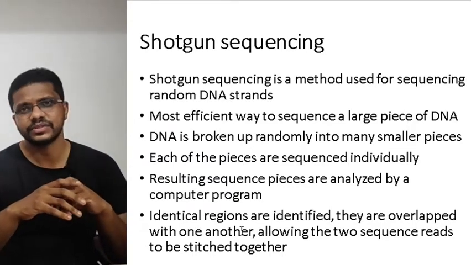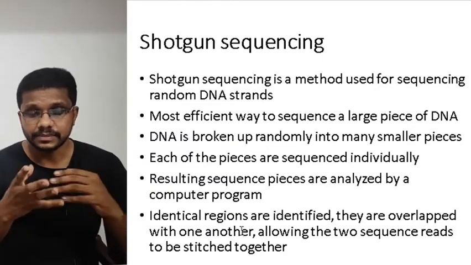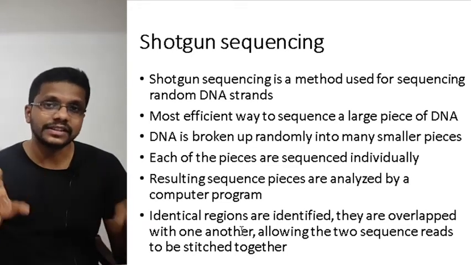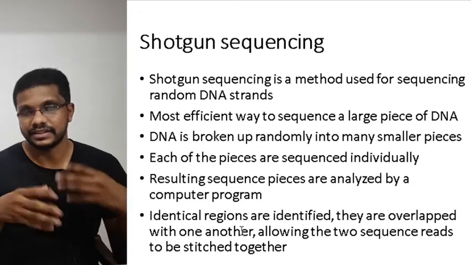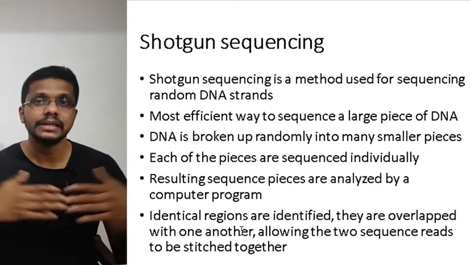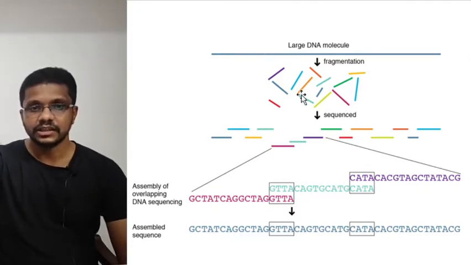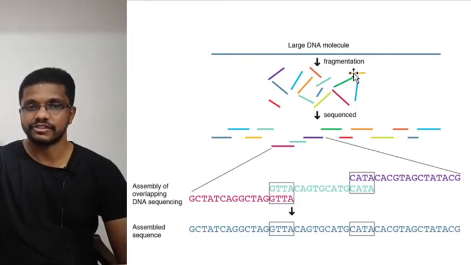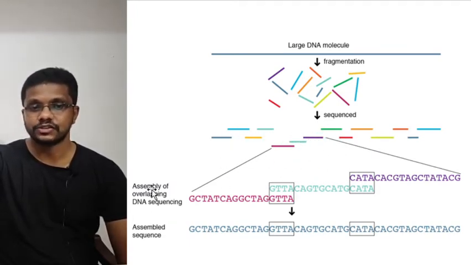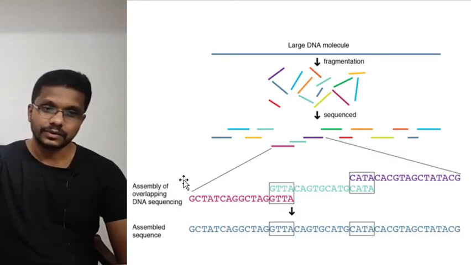It is the most efficient way of sequencing large genomes, and it is extensively used in human genome sequencing. In this method, we break the DNA in a random manner, and all the sequences arising from that fragmentation will be sequenced, and then we use computer programs to assemble the sequences into a single molecule. So if you have a large DNA, let's go for fragmentation. We will get fragments of different lengths, and all the fragments will be sequenced, and based on the sequence, a computer program will help us to overlay one sequence over the other, and the common regions will be deleted. So that's how it works.